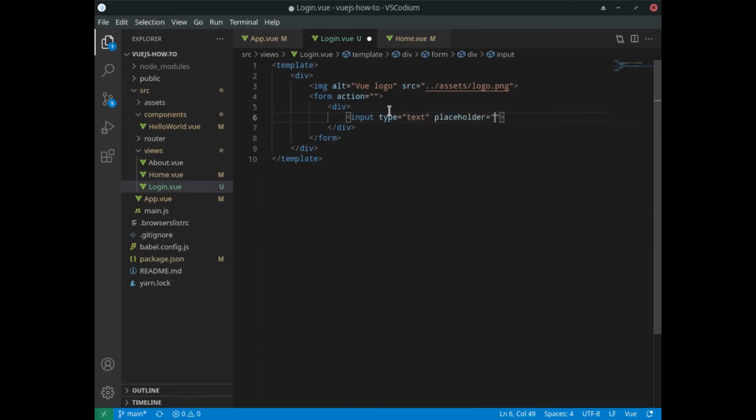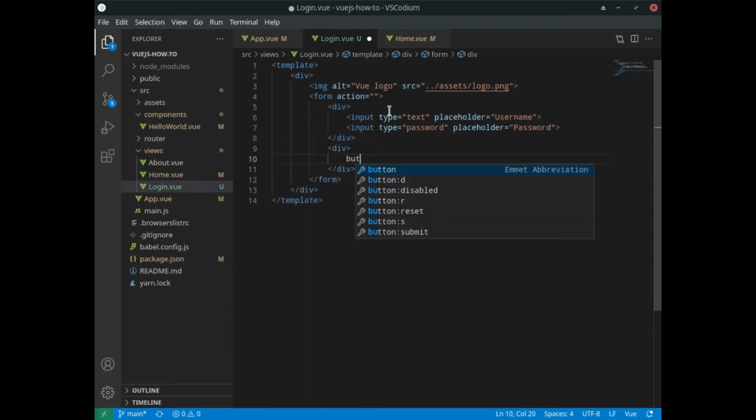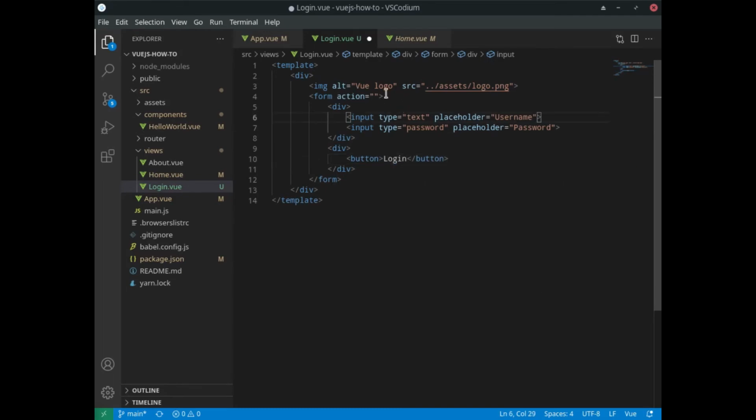Just put a placeholder that's gonna say username, which I pretty much never really work with, and another input that's gonna have a placeholder of password, and if we're using password, let's just put type password here as well. Even though this is not actually gonna be functional, I'm just putting it here for show, and we're just gonna put a button here, and this button is just gonna say login. So this will be our